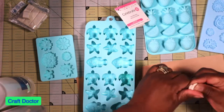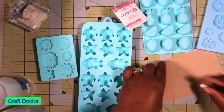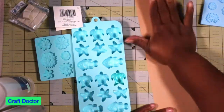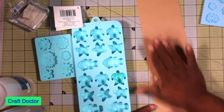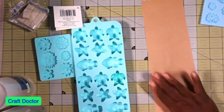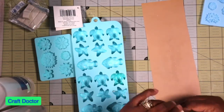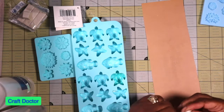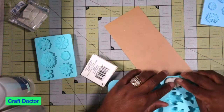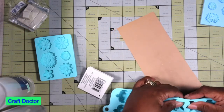and now I'm going to roll out my polymer clay, and all I'm doing is conditioning. And I usually work on a silicone mat, but of course I'm too lazy to go pick it up, so that's why I'm using this piece of paper, mainly so I'm to cover up my desk, because I don't want to get this clay on my desk, because it'll pick up all the particles on my desk. Okay, so all I'm doing is kind of pressing that out, you see, and then I'm going to press this in this mold. I'm just pressing it into the mold,